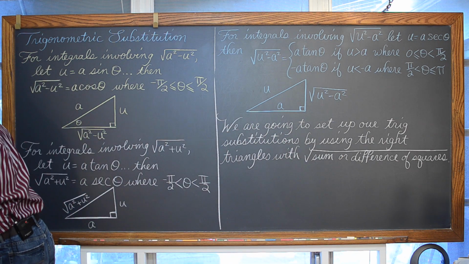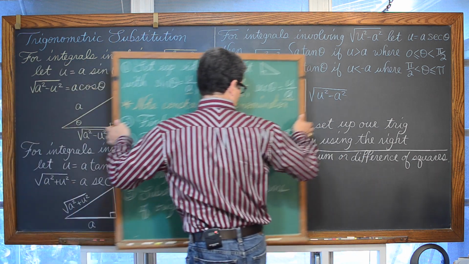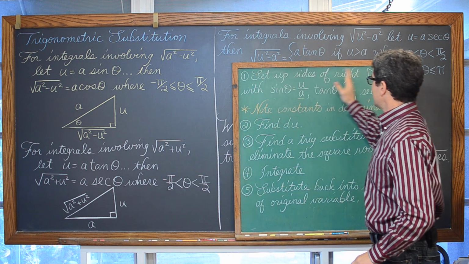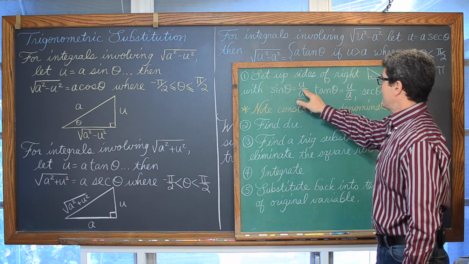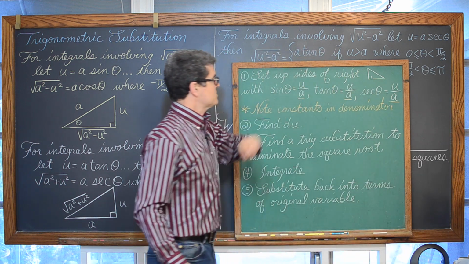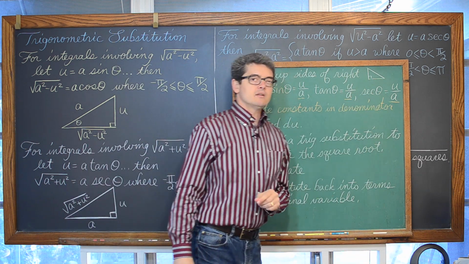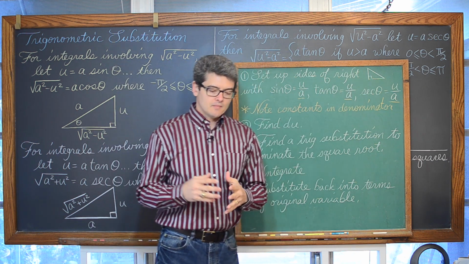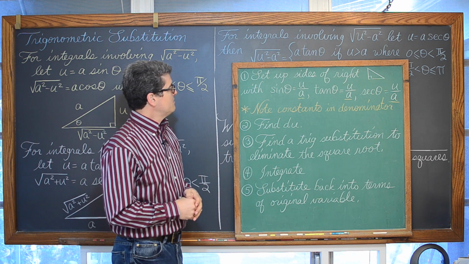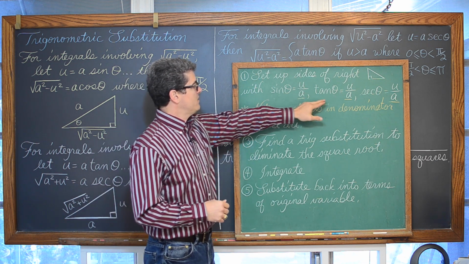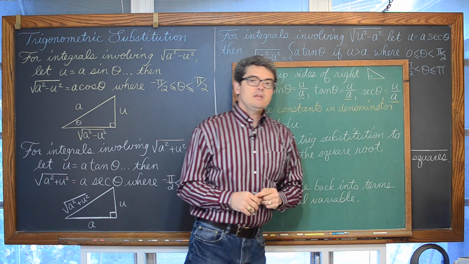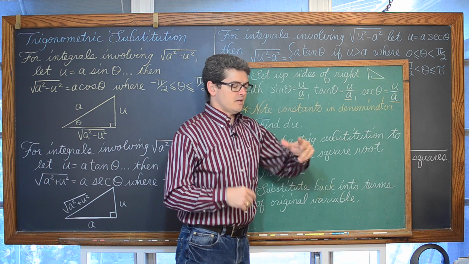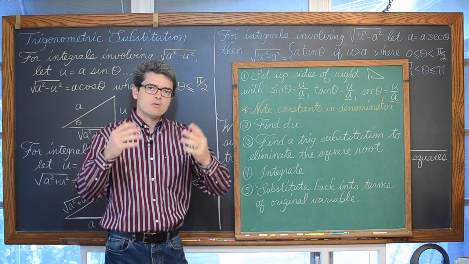Some step-by-step instructions that are a little bit more of a plain English type idea. We're going to set up the sides of a right triangle with the sine of theta equal to u over a, the tangent of theta equal to u over a, or the secant of theta equal to u over a. So our initial setup with our measurement of theta is going to be our expression of u over a, and notice that a is the denominator of each of these ratios. And also note the sine, tangent, and secant. Now think about the 6 trig functions that we learned in trig and we've been working all the way through in calculus.